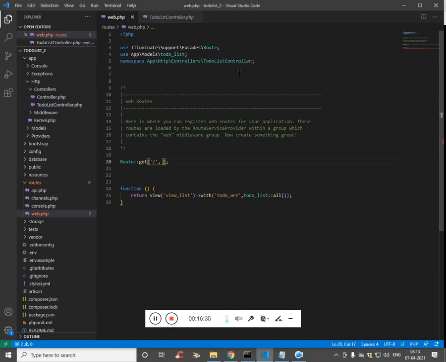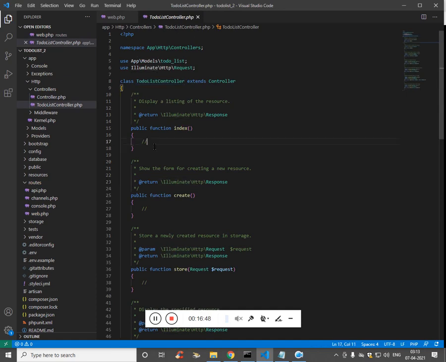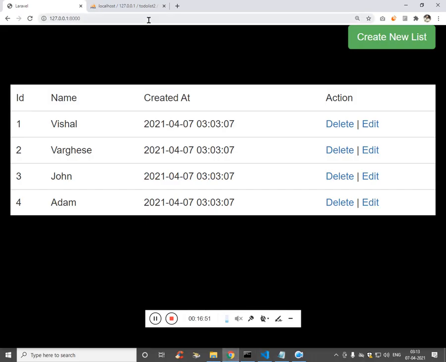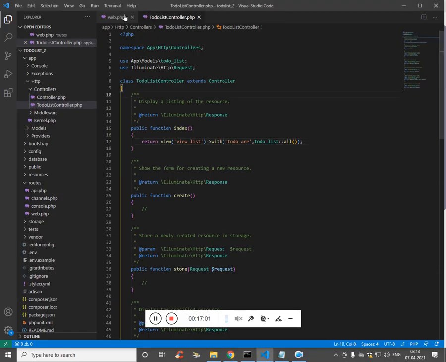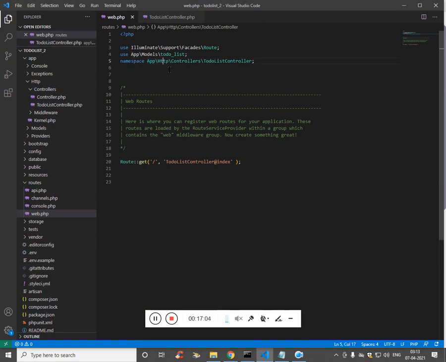So here we have to call our controller, @ and then our controller name, sorry, function name. So the function name is going to be index, which has already been used, and now there would be no change if I refresh, unless there is a linking of controller problem. The same problem, linking. Inside app we have HTTP, inside HTTP we have controllers, then we have ToDoList. So if that doesn't work, you have to call the whole path over again.